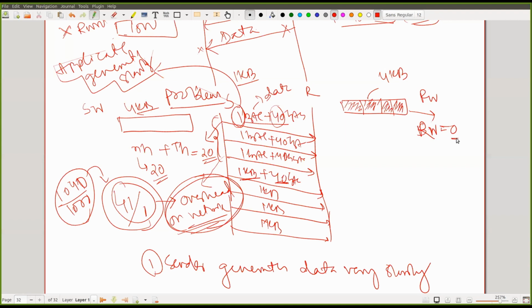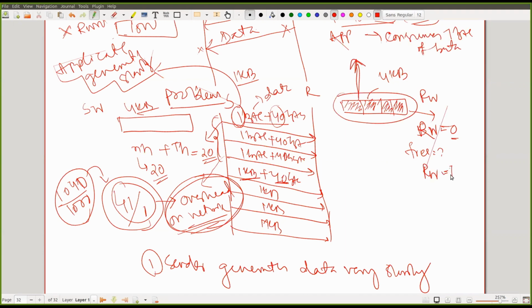Now the question is, once the buffer is full, when is the buffer going to be freed? Can anybody tell me from the last class discussion? When my application layer, who is sitting above the transport layer, because who maintains the send window and receive window? Who maintains? Application layer or transport layer? Who maintains the send window?